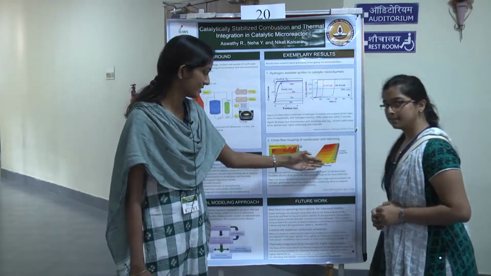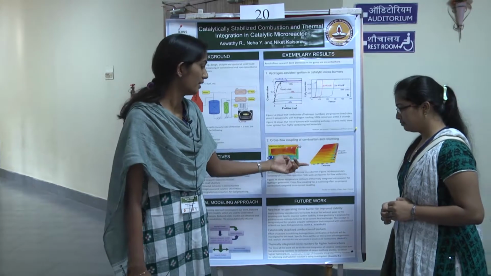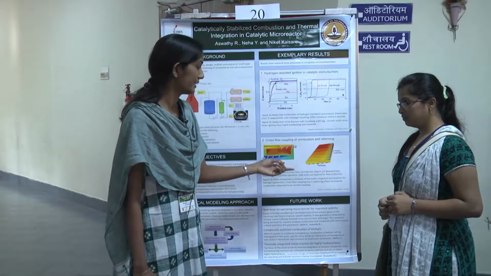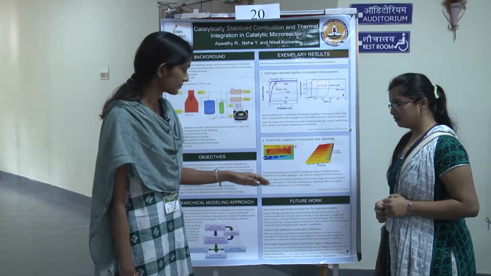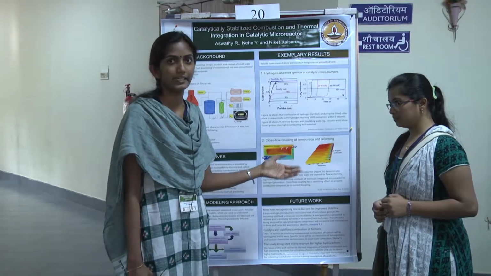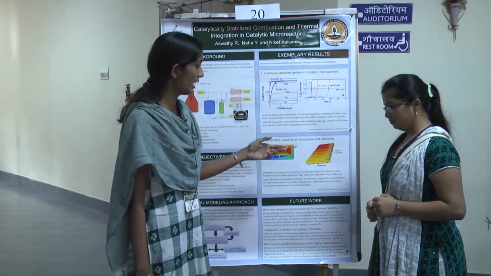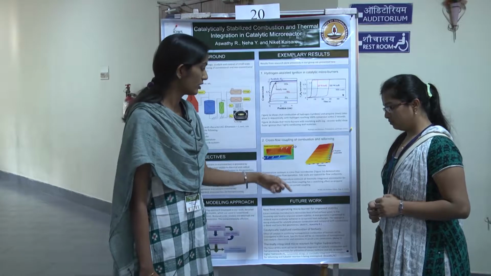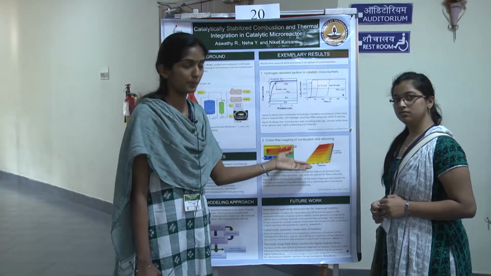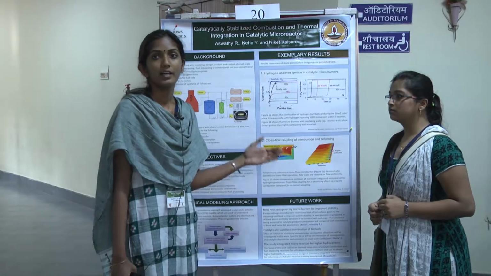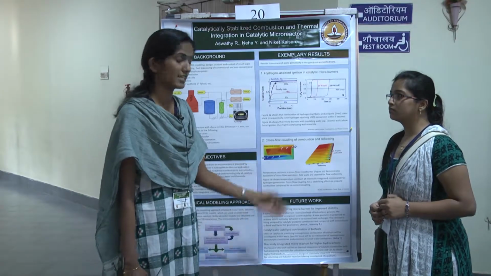This is an already published result of our group. This is reforming and propane combustion integrated in a cross flow system. Counter current and co-current systems were already looked at by other people. So our group was looking at cross flow reaction of propane and reforming, and this was found to be quite good at low flow rates of ammonia.